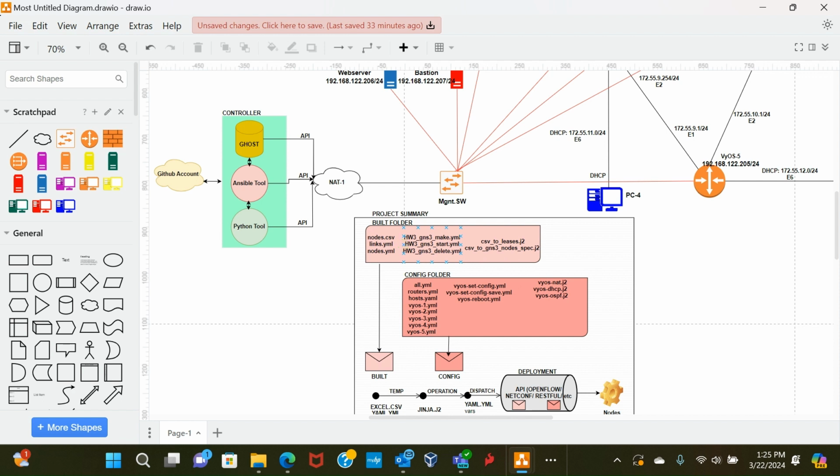So of course, when it's done, we have a start YAML file to start the configurations for us. And then I also built a file for delete, and later I'll show you how I built it. Of course, you could have used just one YAML file that takes information from all the nodes you want to build with their management IPs and so on. Let me just give you an idea of what I'm trying to inform you about.